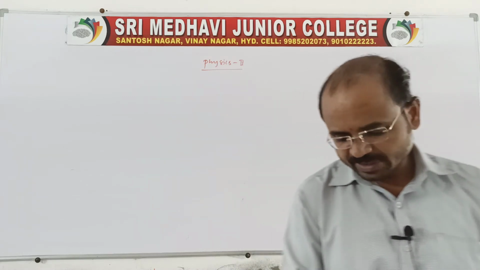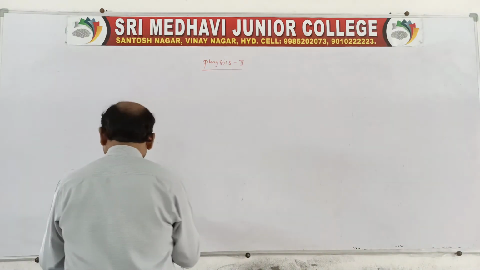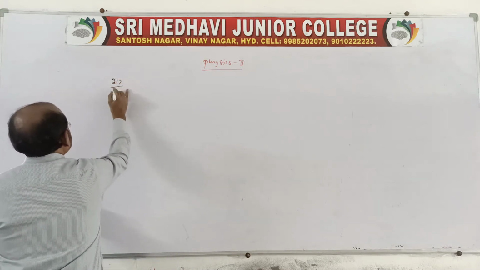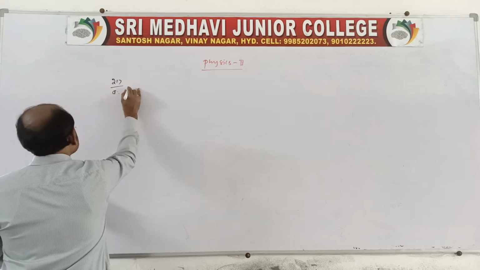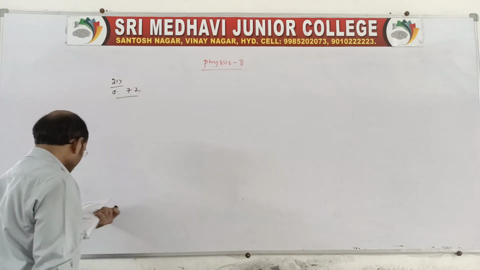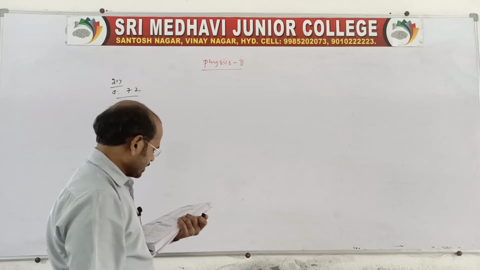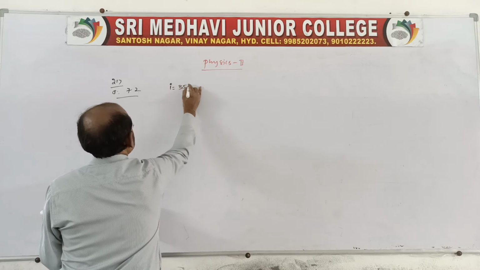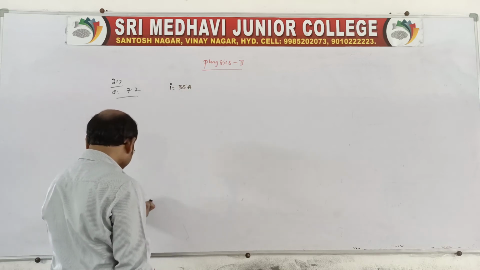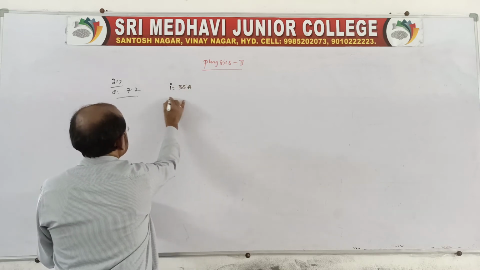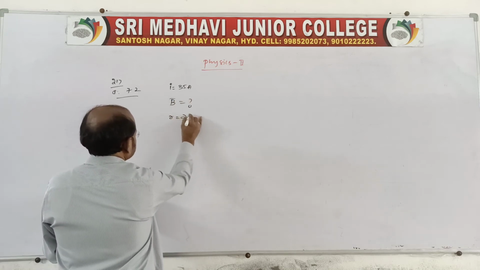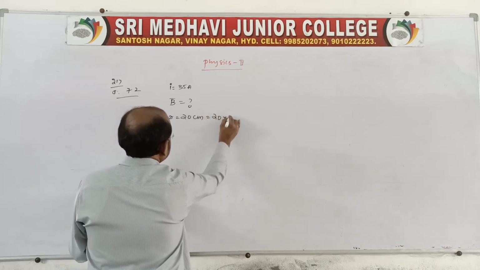There is a question on the basis of this current carrying conductor of infinite length. There is one problem on page number 217, question number 7.22. A long straight wire carries a current of 35 ampere. What is the magnitude of the field B at a point 20 centimeter away, that is 20 into 10 power minus 2 meter?